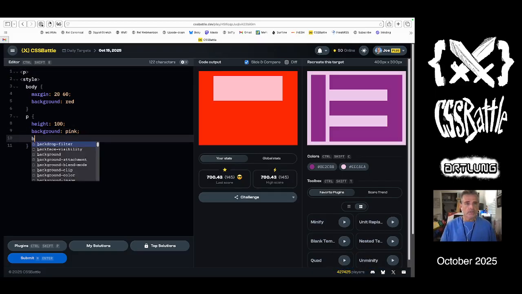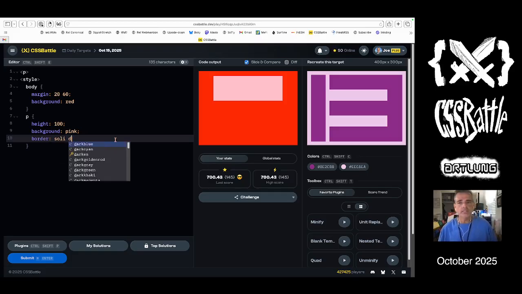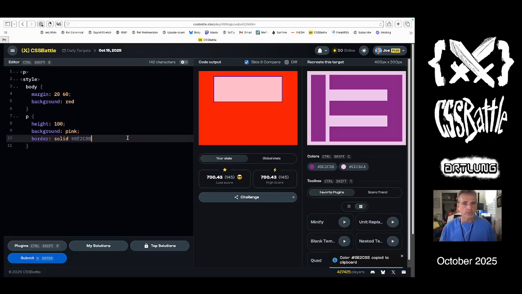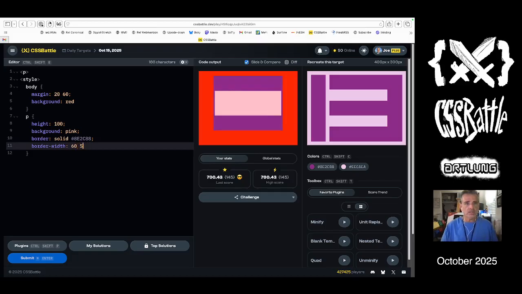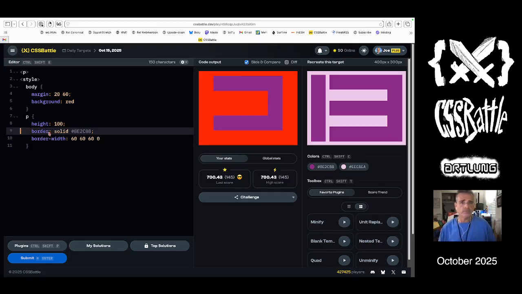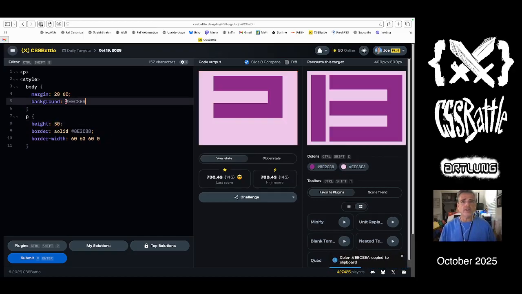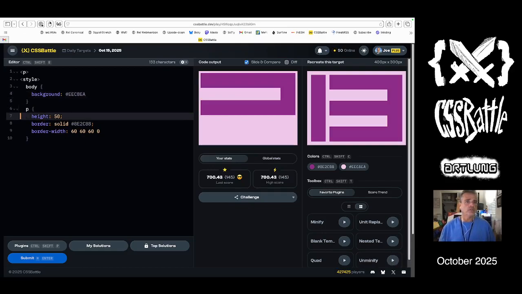So if we do border solid purple and then border width of 60, 60, 60, 0, then you can get that shape, right? Remove that, change that height to be 40 or something, 40, 50, 50, 50. Set the correct background color here, set margins here,